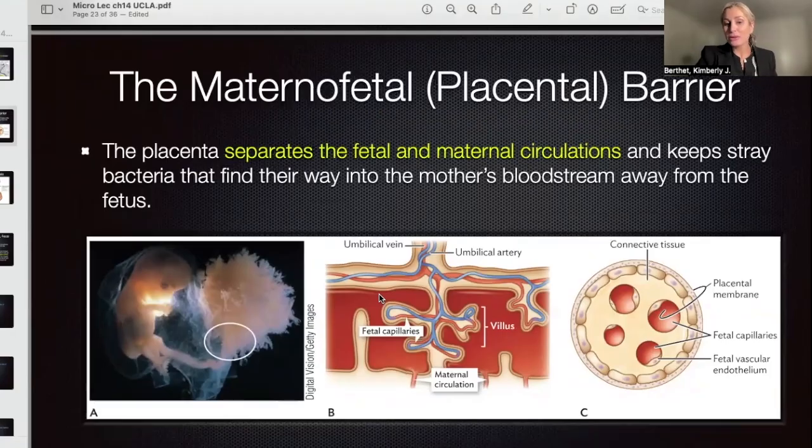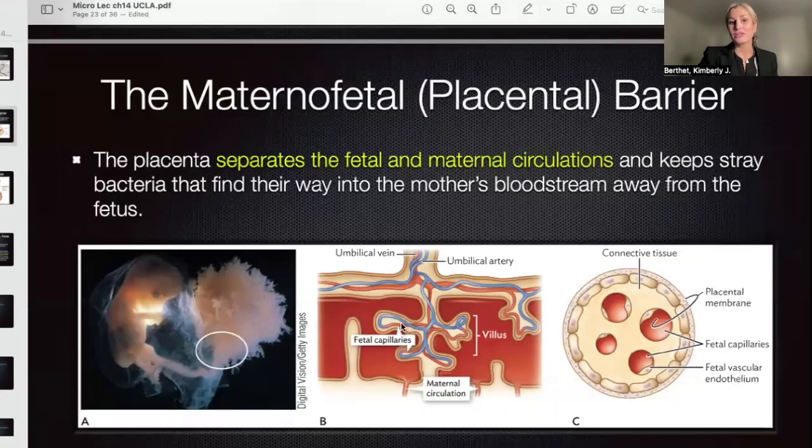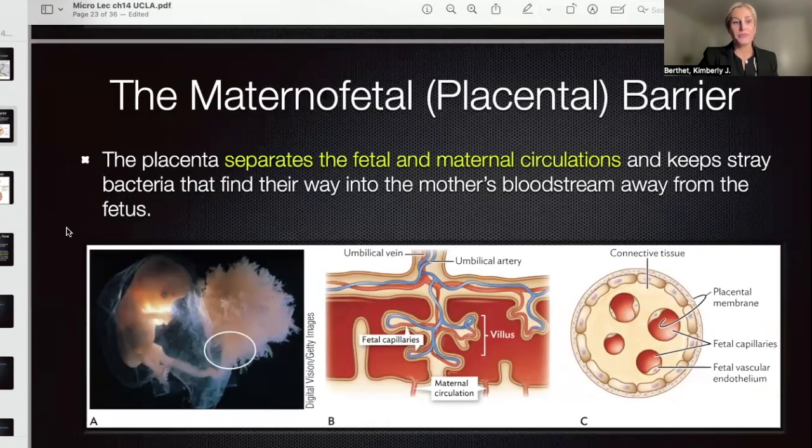Okay. Let's talk about the placenta also. Something unique about the placenta is that it helps separate the blood of the mother from the blood of the child. So we have the fetal blood circulation and maternal circulation that's separated. If we look at this here, we see these capillaries where there's diffusion. We have the maternal circulation blood here and fetal circulation here. So they're not actually connected, and the blood of the mother is not going directly into the blood of the child. There's capillary diffusion, so things that the mother has in her blood can diffuse into the child, but it's not directly her blood going into the child itself. So this helps protect the child as well.